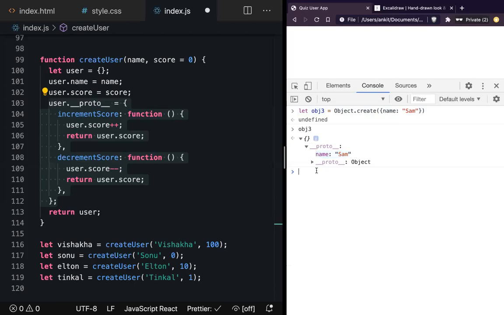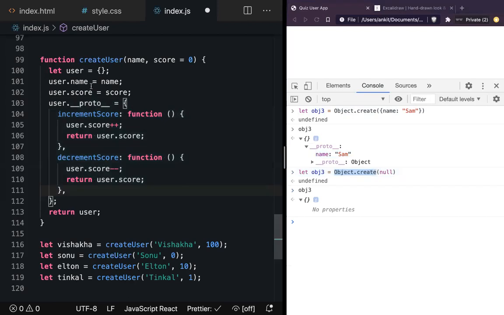When you pass null, there is no property over there because we are passing null. And that's why using Object.create, you can change the dunder proto of the newly created object, where we are creating the new object.